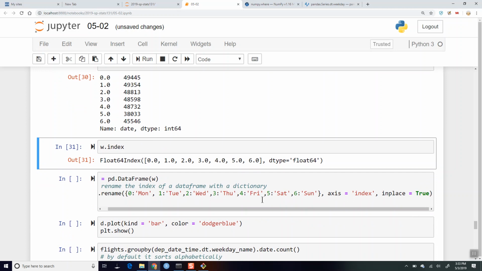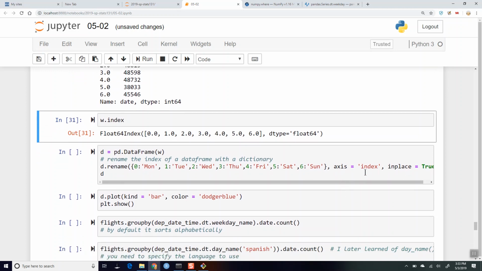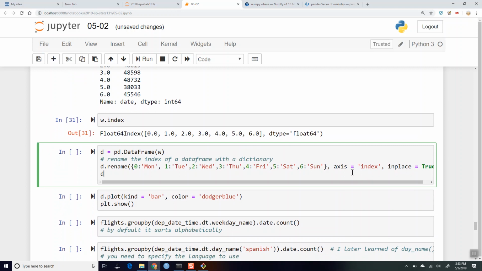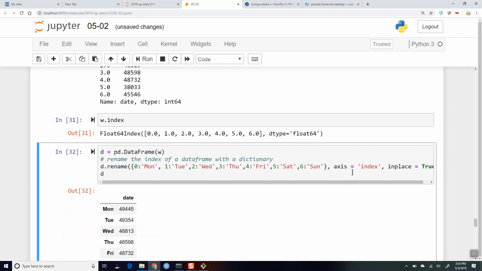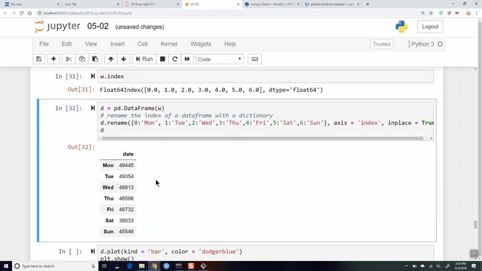And so what we want to do is rename, and we're going to map all of these things with a dictionary, where 0 is going to be Monday, Tuesday, and so on, where 6 is Sunday. And we're going to apply it to this, and now we get it as a